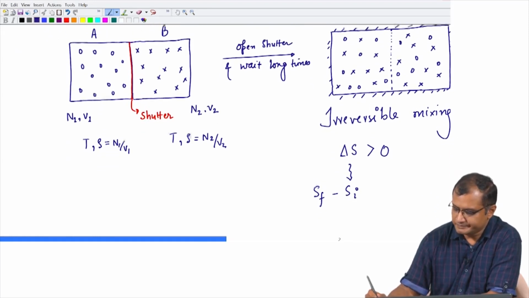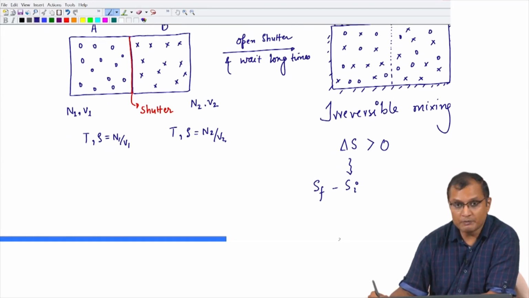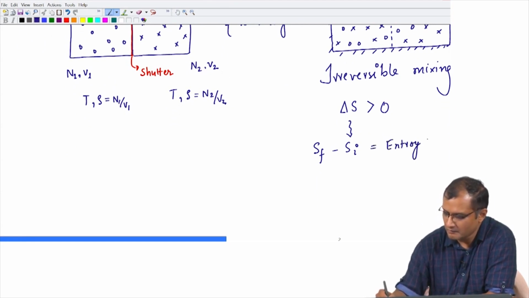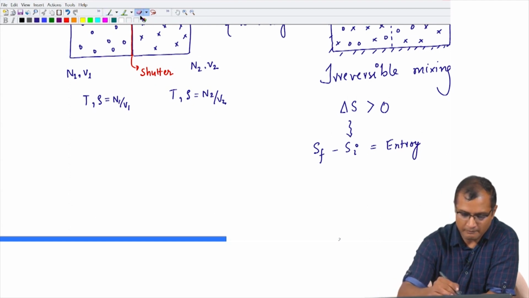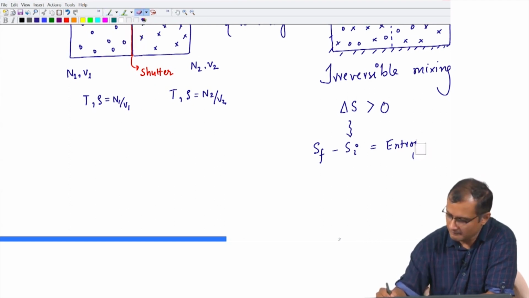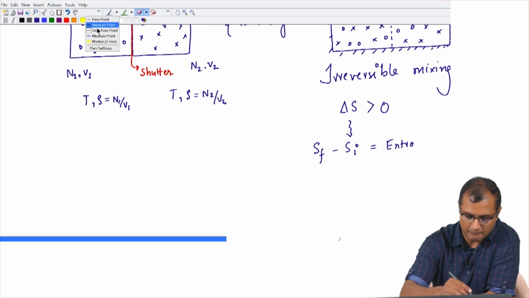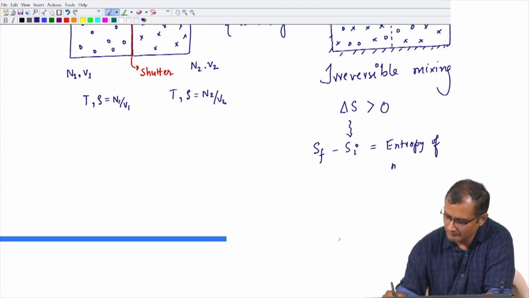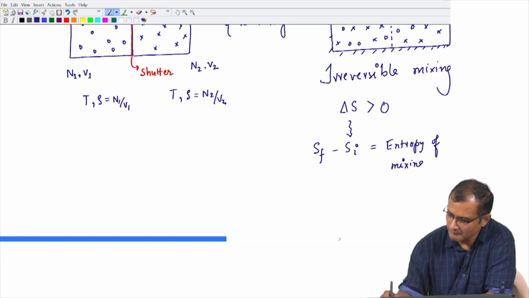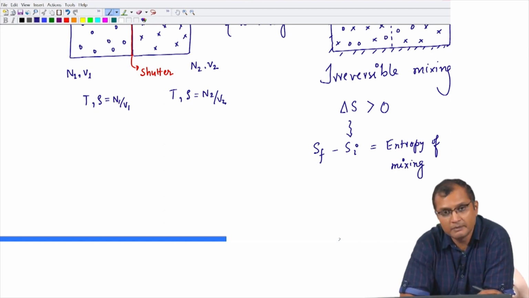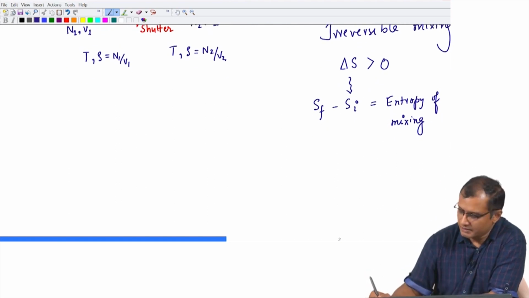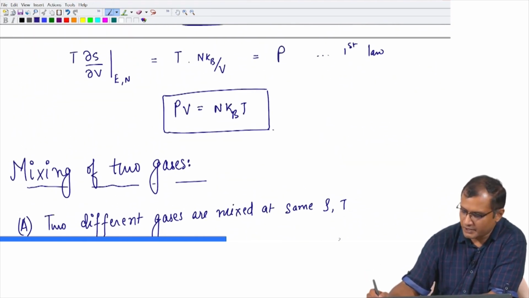And this delta is precisely called the entropy of mixing. Okay. Now, if we recall this expression for entropy,